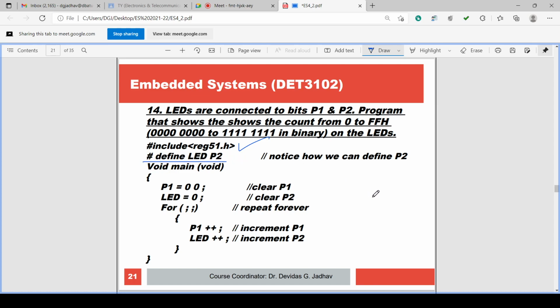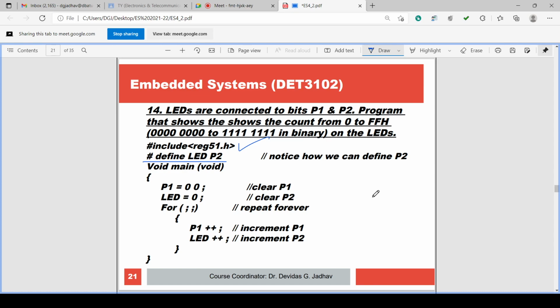Define LED P2. Just like we have defined the S bit, my bit P1.0, bit 0 of port P1 is assigned to the name my bit, isn't it? Similarly, here we are assigning the complete port P2 to LED.